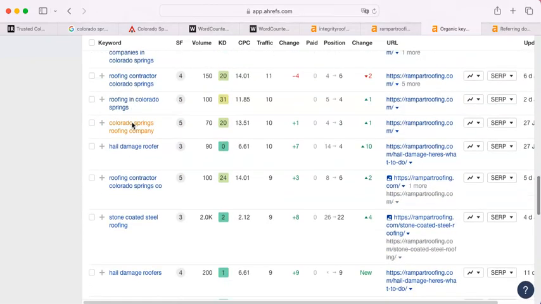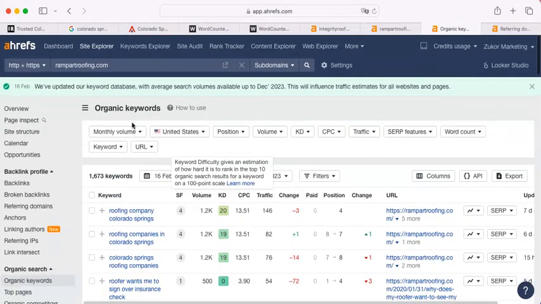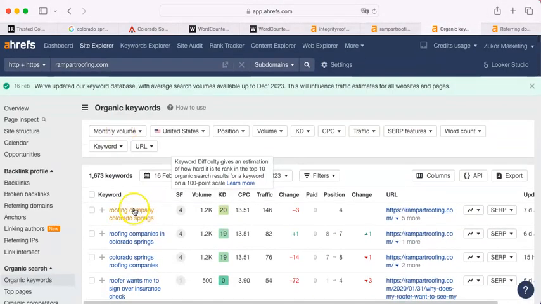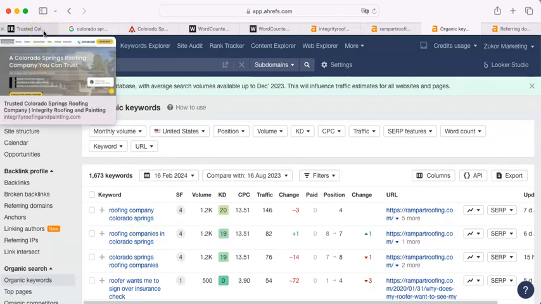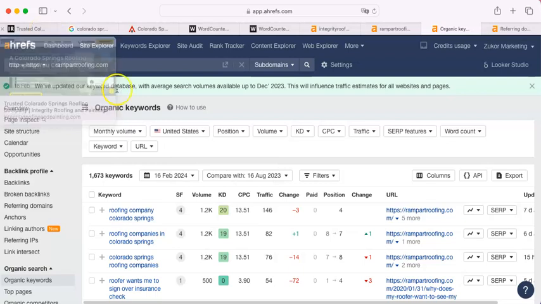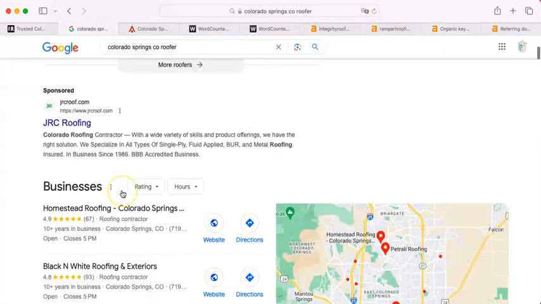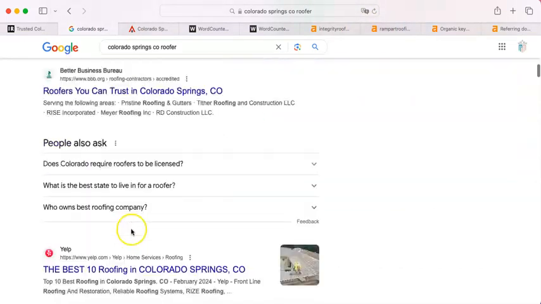Probably in here is a roofer near me, and probably the best roofer in Colorado Springs. I don't know if you have that on your website. We are the best roofer in Colorado Springs. You should have that on there because Google believes everything that's on the internet. That's the bottom line. If you say it, it's true. So you need more keywords. That's for sure, because your listing here is not at the top where it should be.